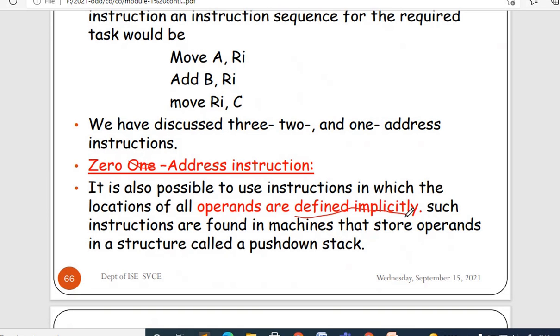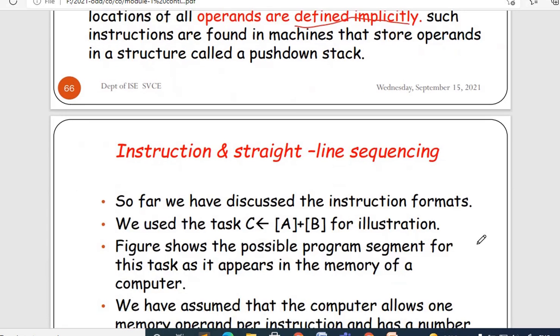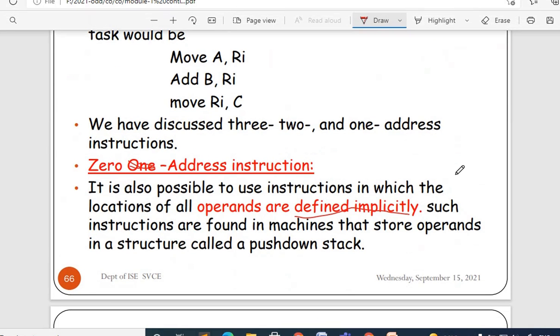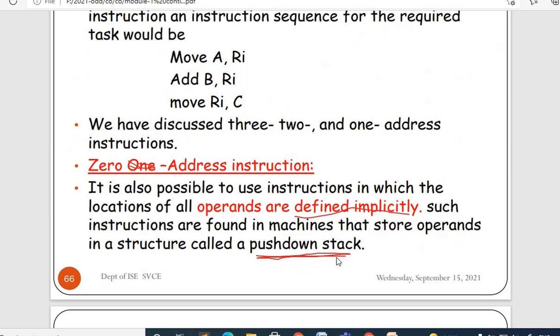But in the zero address instruction, both operands are specified implicitly. An example where you can use the zero address instruction is the push down stack. You will learn when we start discussing stack operations how to use the push down stack operation, where there are no operands and operands are considered implicitly.